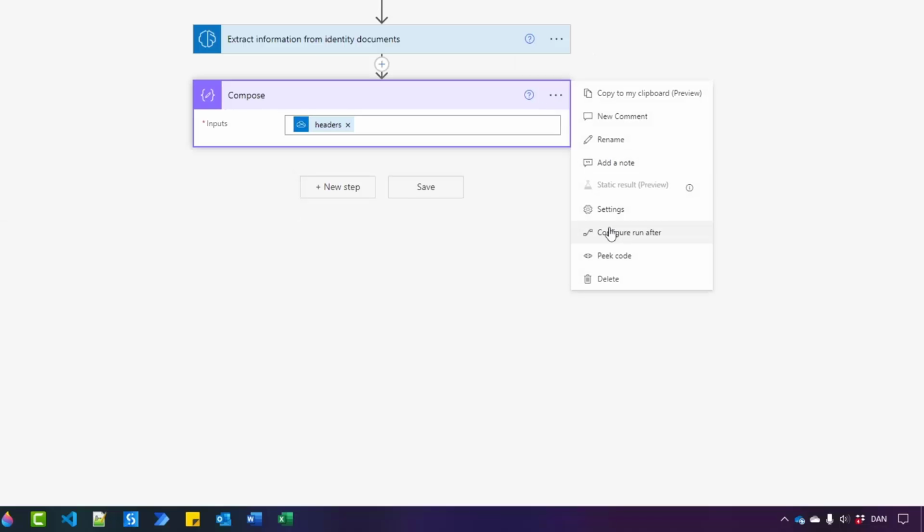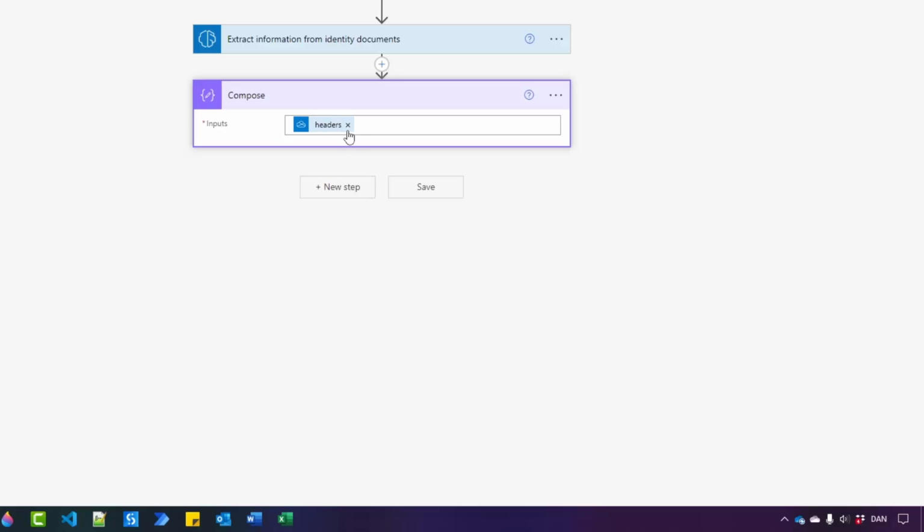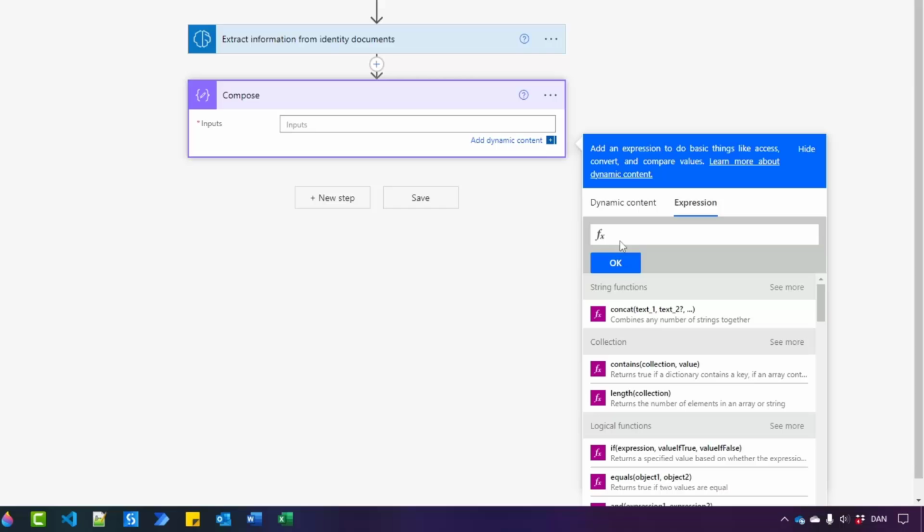click the 3 dots here and then click peek code. I just want this code so I can use it in an expression. I could of course also write it, but I'm lazy. I want to automate things. So let's just copy this expression from here. Now I will delete it. I'll go over to expression over here, and now I can write my expression because I want this trigger outputs